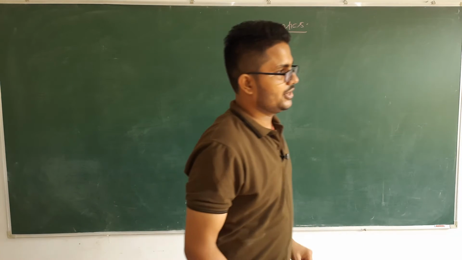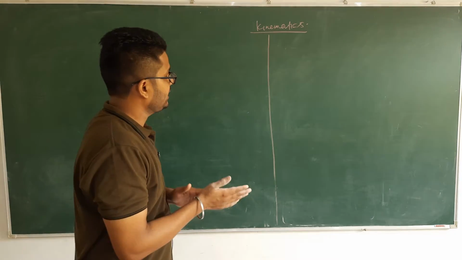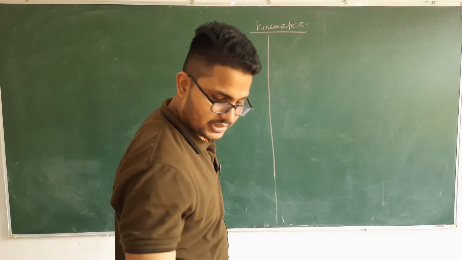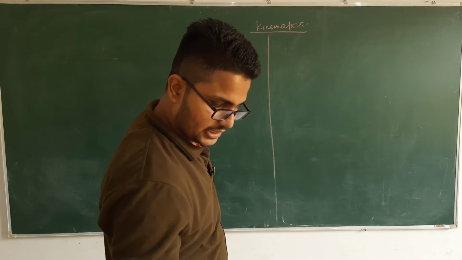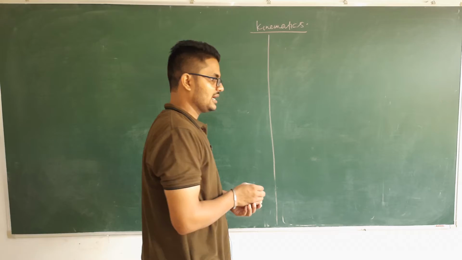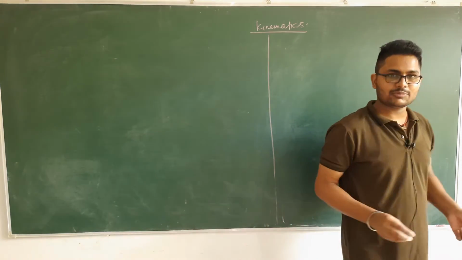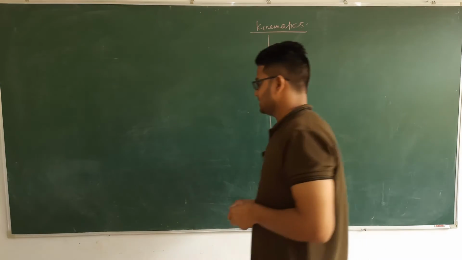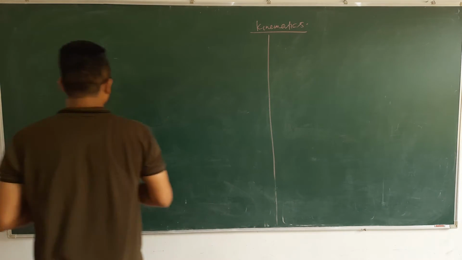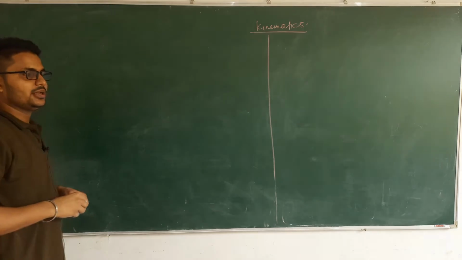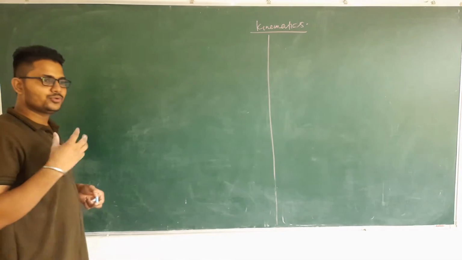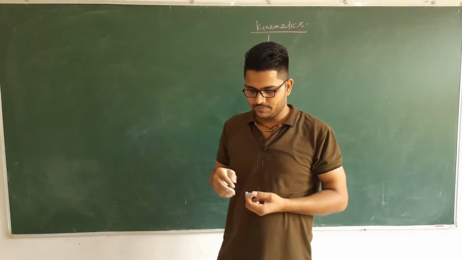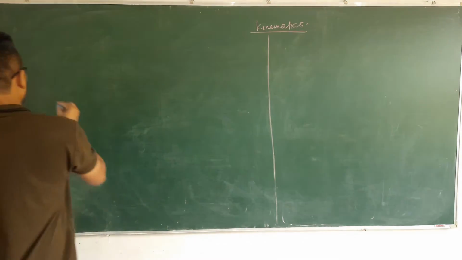So today we will discuss some more questions in the chapter kinematics. Okay, beta. So what type of questions do we have in this chapter? In the last class I discussed VT graph questions. Today we will discuss another type of VT graph questions, and after that, how to draw the AT graph from the VT graph. Okay. So first of all, the question is